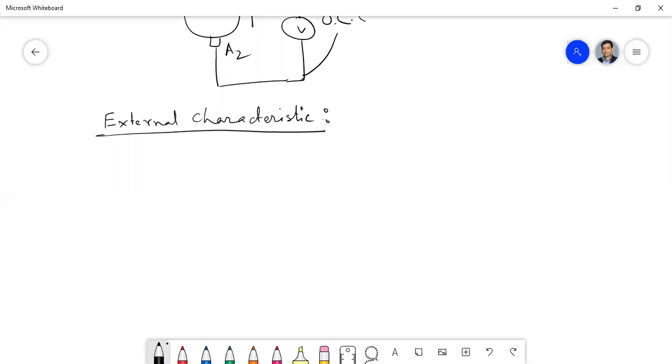So that I have not discussed. I have discussed only the open circuit characteristics, or no load characteristics. Okay, so now I will discuss the external characteristics. The no load characteristics, OCC, is basically a plot of EA versus field current that you have seen,